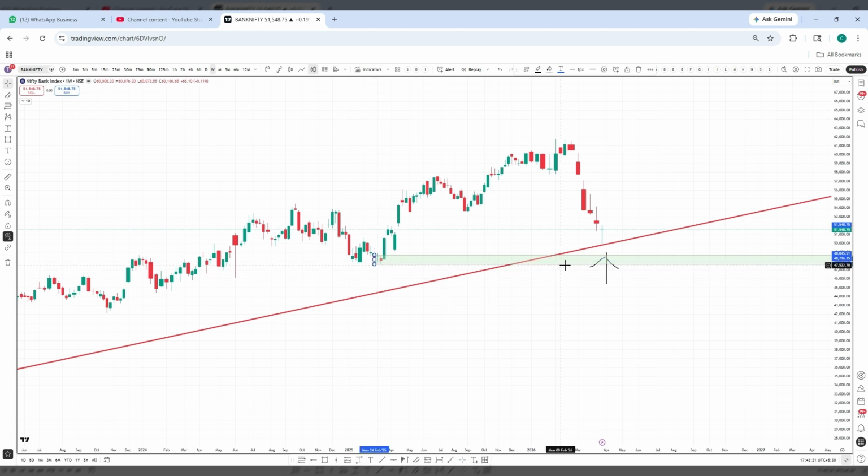So here we have our demand zone as well. Okay, this is our demand zone. This small red candle which you are seeing here is our demand candle. We have a demand zone and we have a trend line here, and the market closed in green. This is almost like a pin bar candle. For me, the market will become negative only when it closes below this trend line and below this demand zone. Till the market is not closing below this trend line and demand zone, I would not consider more fall in